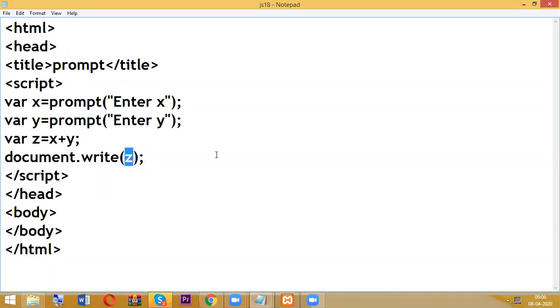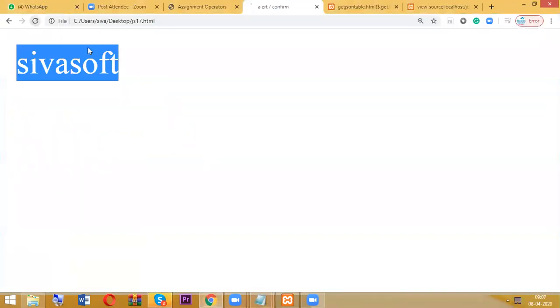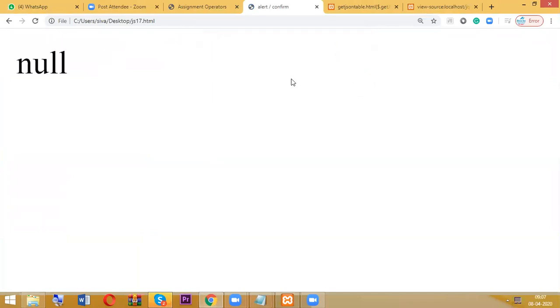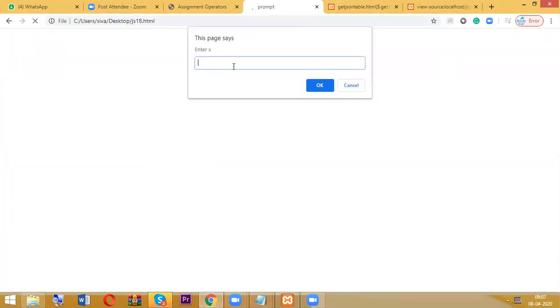Now what is z? It is the x value and y value. So go and check the output. I entered x value 10, y value 20, but the output is 1020.